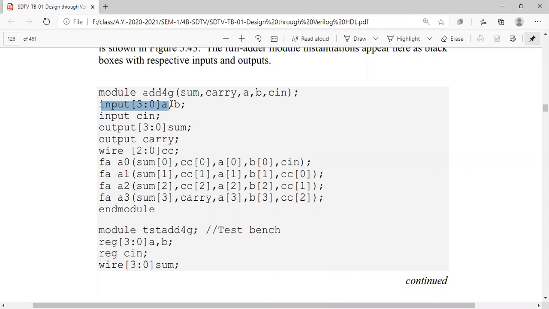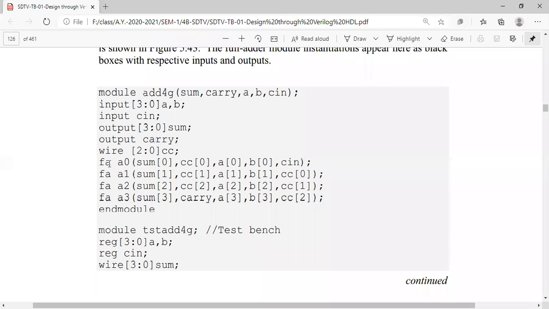See here, inputs A and B are the two inputs which are of 4 bit, 3 down to 0. Since inputs are 4 bit, automatically the sum will be of 4 bit, and we will also have an extra carry at last. So we require some intermediate signal, so we are writing a 3-bit wire.